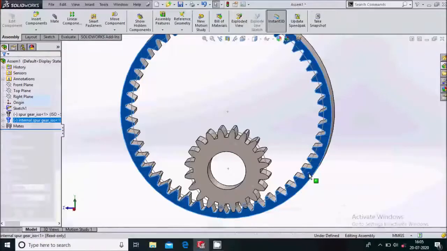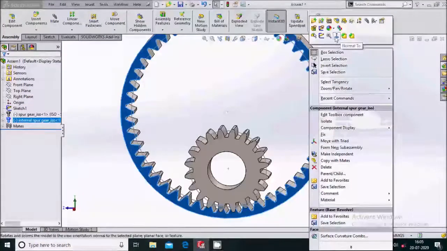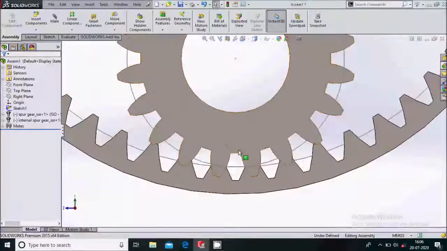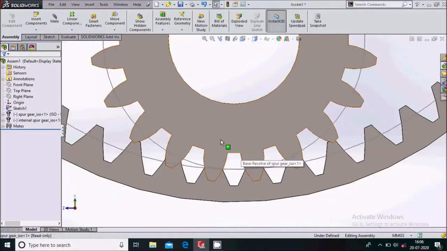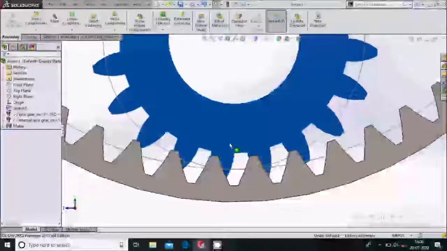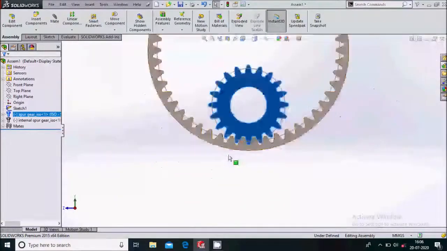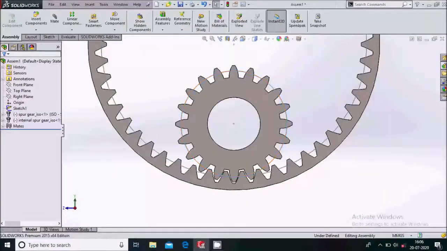Simply select this and make it normal too. So here we'll just adjust the teeth of the gear. So it is adjusted now. Simply hide the sketch.